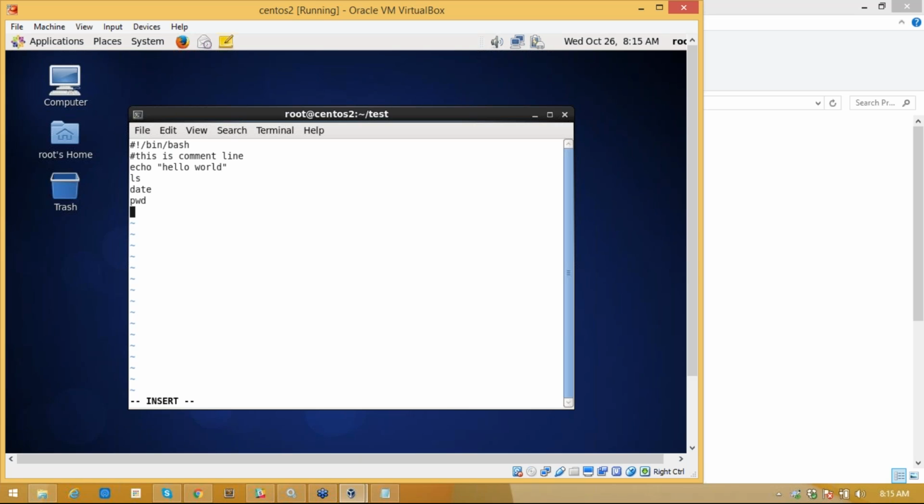We are telling it to use bin slash bash to run whatever commands we write. We have seen where bash is installed, slash bin slash bash. So I am using a bash shell, executing these commands in a bash shell. In the first line you have to specify the shebang, which shell you want to execute with.